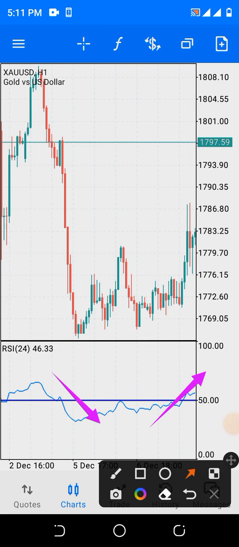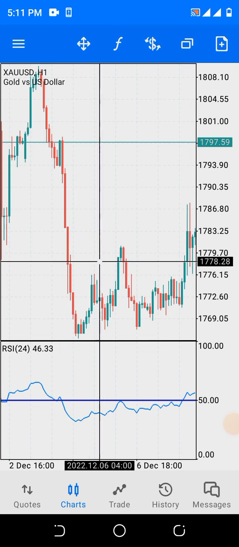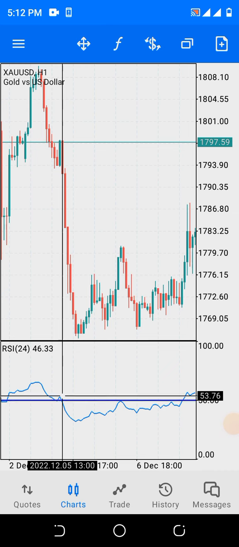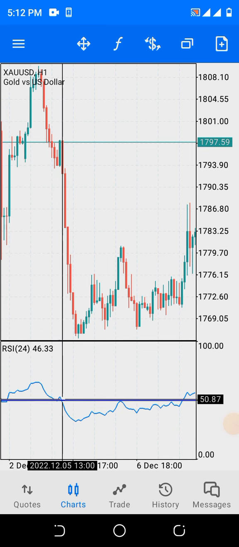This is how to apply this. Watch carefully. Look at this point of crossing here. This is where I want you to pay attention. Look at this point where the RSI crosses the 50 mark line. This is a clear sell signal. Once you notice this crossing,